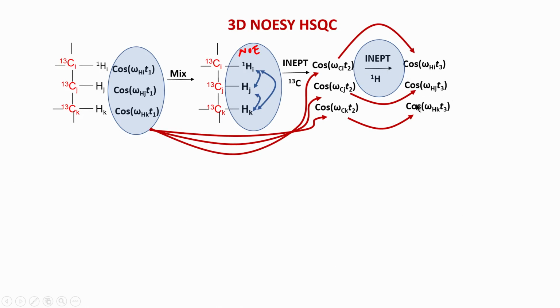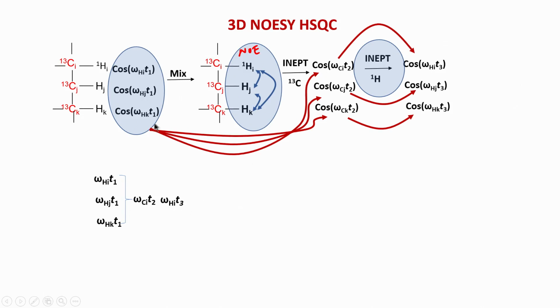Okay. So, you see this is what happens: all the 3 hydrogen atoms here, the modulations are connected to each of these 3, and each of these 3 are connected to their respective protons. So, if you look at this in this manner, you can say that we have correlated. So, remember this word correlation. So, we have correlated the chemical shift of I, J and K with Ci and Hi. So, this is the first arrow here.